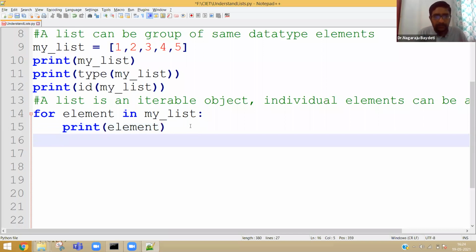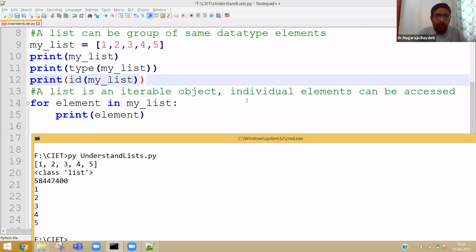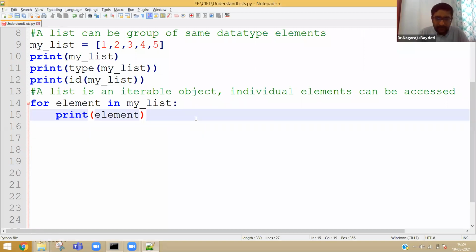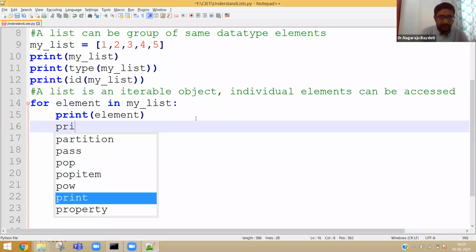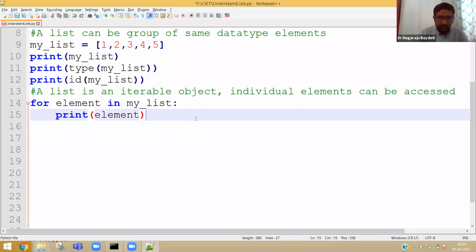Now, as a whole, the type of list is class list. Is it not? Now, let us try to understand what is the type of each element. Or I can say directly element comma type of element.